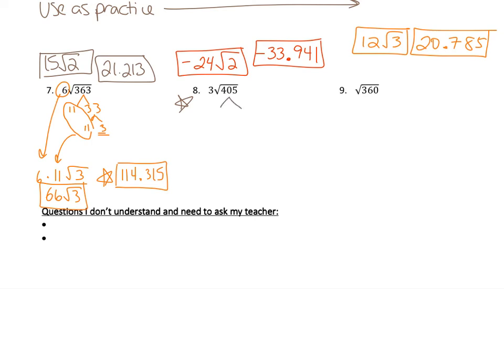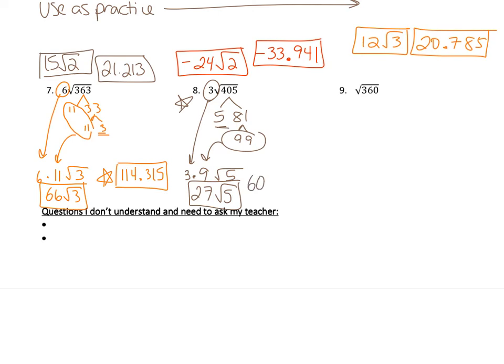All right, we see it's 405, so one number we know is going to be in there is a 5. If I divide that, I get an 81. I know 81 is a perfect square, so I've got a pair of 9s. Once I get a pair, remember, you do not need to keep on going. So my 9 will go outside. The 3 that's already there joins it. But then left over inside is going to be this 5. So we get 3 times 9 is 27, and then times the square root of 5. The decimal answer you should have gotten was